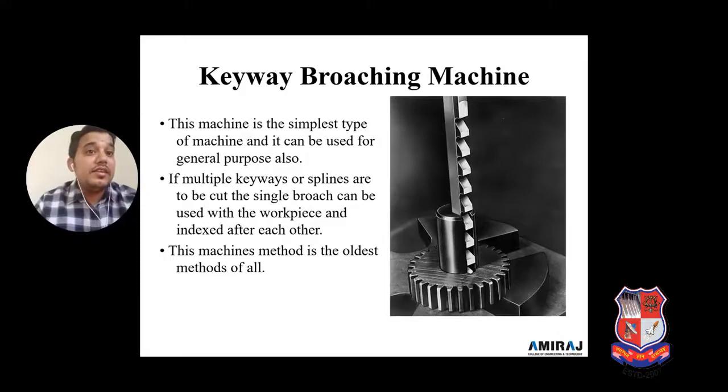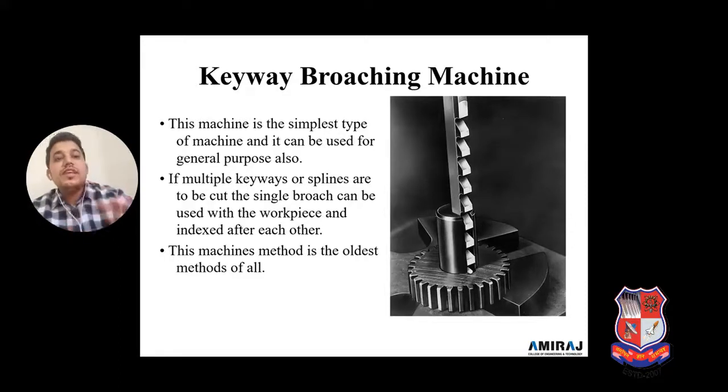And up to the end we have to learn the keyway broaching machine. We already saw the cross section for keyway generation in gears, in shafts, in bearings, in any other arrangement which we mount onto a rotating shaft or a rotating element. For that purpose, the keyway broaching operation is required, okay.